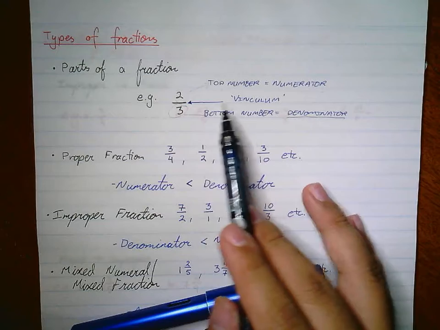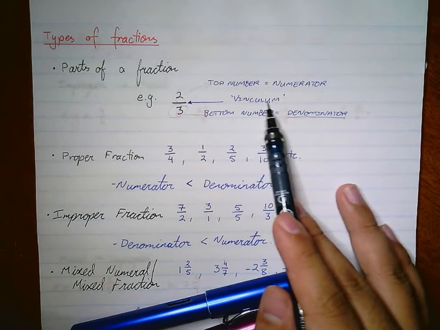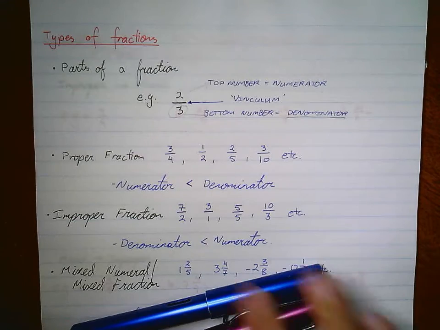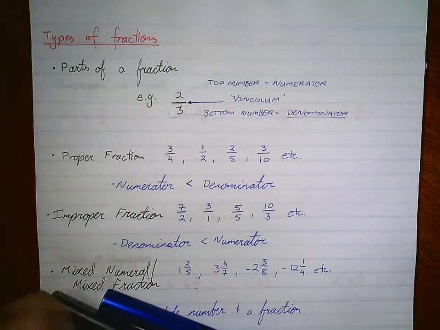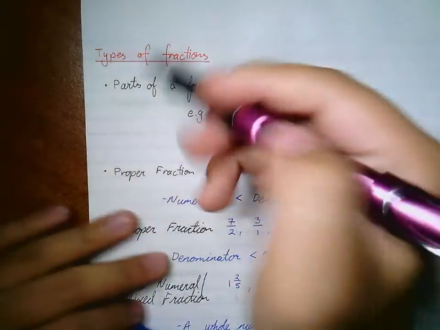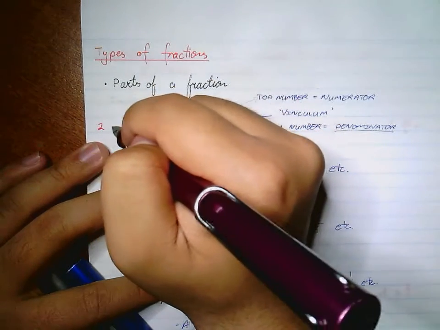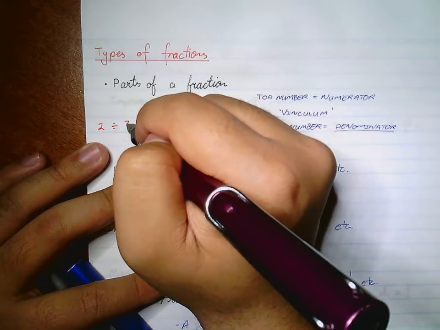And this one's not as important, but that little bar in the middle is called the vinculum. And in case you didn't know, it's a little fun fact that fractions actually mean division. So if we take a look here, I'm going to put it to the right here. If we take a look at the symbol 2 divided by 3,